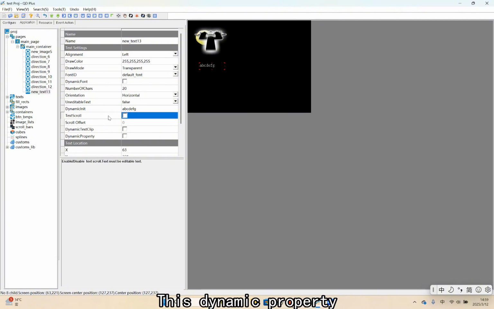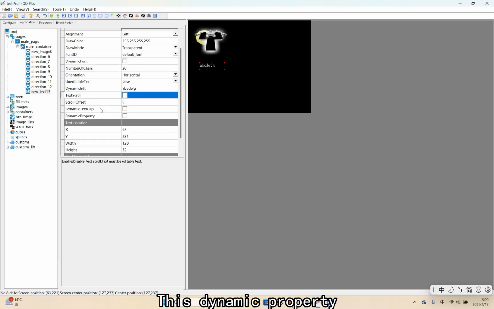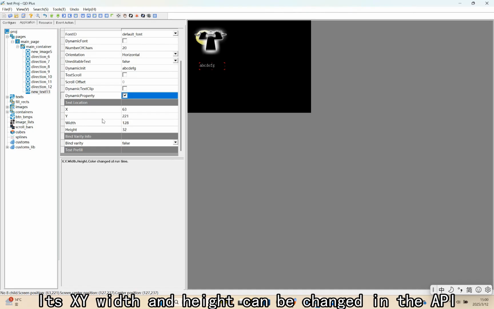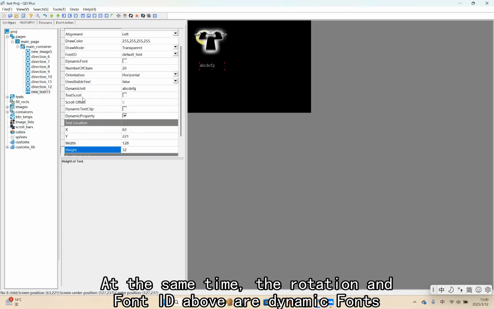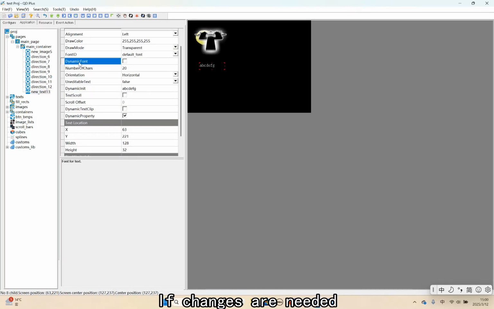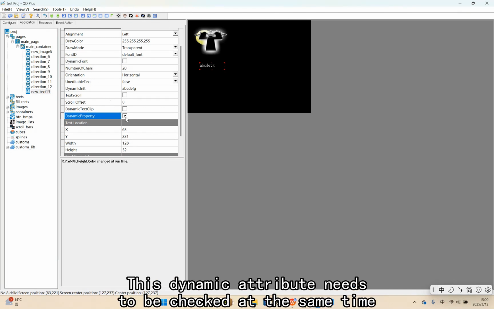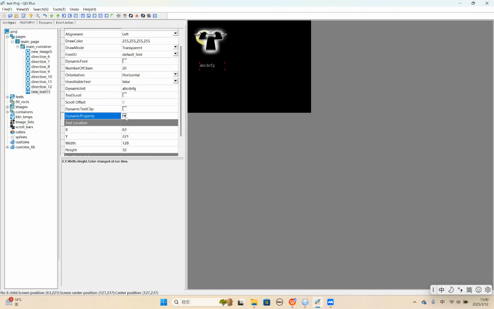This dynamic property is the chosen word. Its XY width and height can be changed in the API. At the same time, the rotation and font ID above are dynamic fonts. If changes are needed, this dynamic attribute needs to be checked at the same time. If we want to change it in the API,